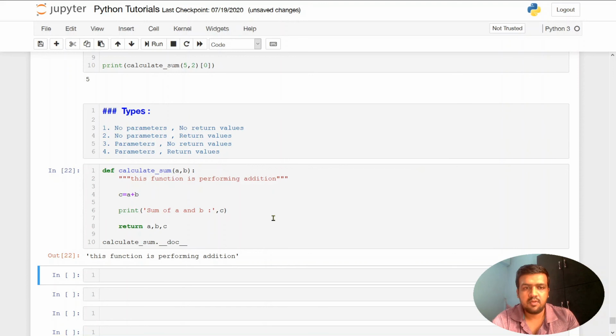So this can be quite useful when you don't know what the function is doing, and the original programmer has done some hard work to write some comment section about it, and you want to view that in your console. Then you can use this underscore underscore doc underscore underscore notation or parameter